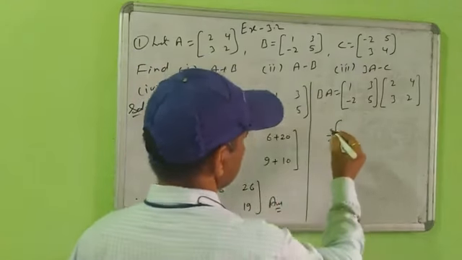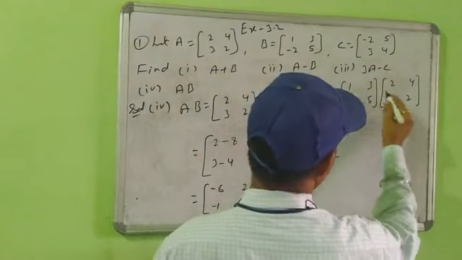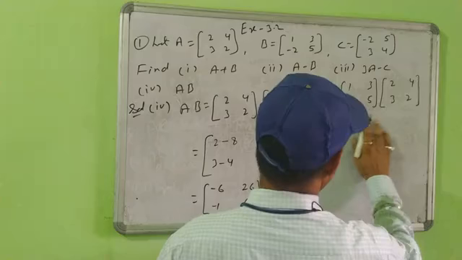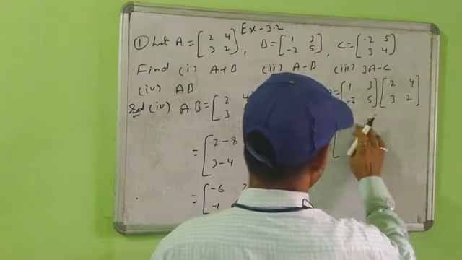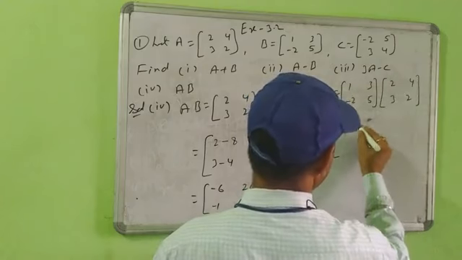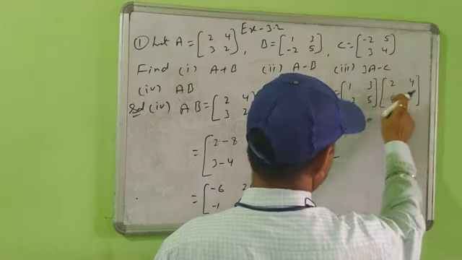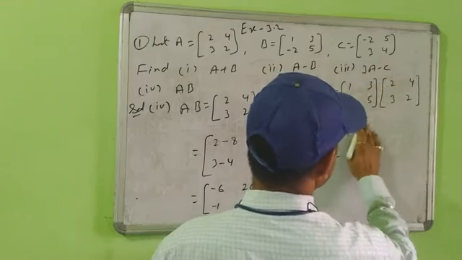So 2 1 is 2 and 3 4 is 12. 2 1 is 2 and 3 3 is 9. This portion: you move in the row and move in the column. Next,